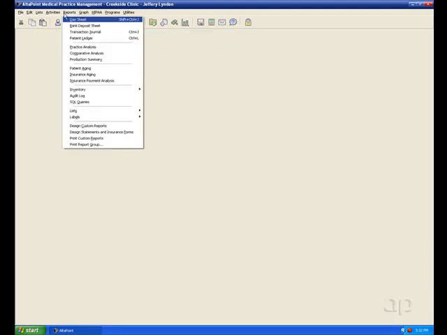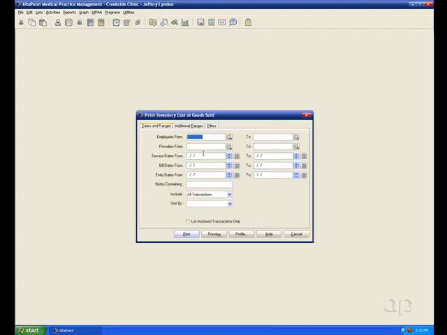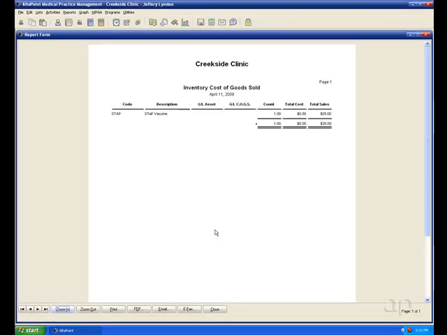The third and final inventory report is cost of goods sold. You have quite a bit more options to choose here. You can pick a date range, but for this example, we're just going to preview the whole report. You can see that it has the code, the description, general ledger information, the count, which is the number of